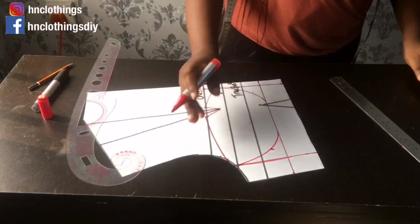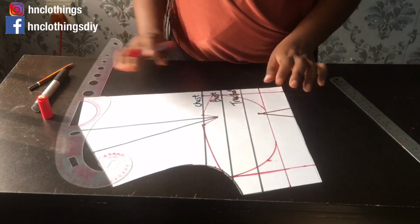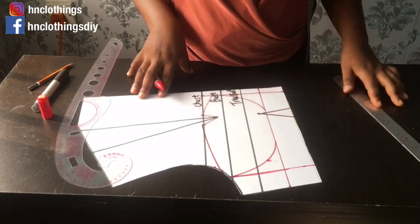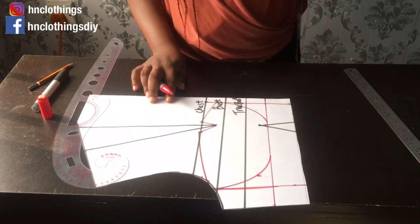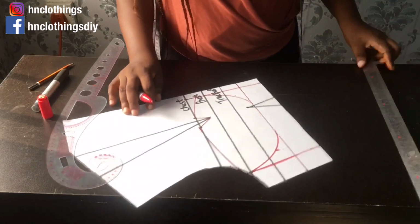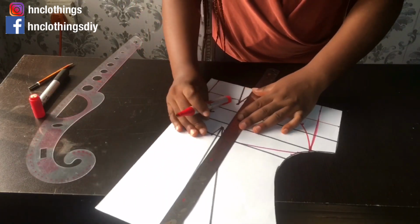Yes, now we have this. So we cannot leave this like this. This is not how this cup is. So this one is a bowl, not a cup. We want a cup. So jokes aside, we have to actually join this